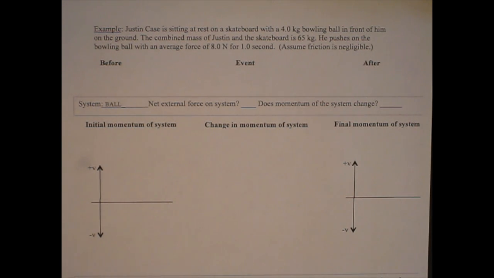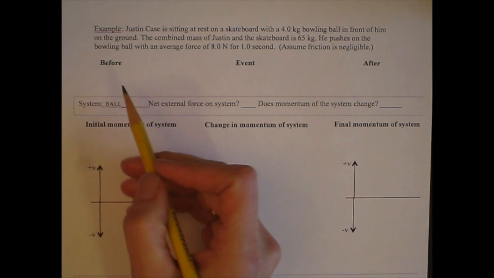Example: Justin Case is sitting at rest on a skateboard with a 4-kilogram bowling ball in front of him on the ground. The combined mass of Justin and the skateboard is 65 kilograms. He pushes on the bowling ball with an average force of 8 newtons for 1 second. Assume friction is negligible. So we're going to draw a momentum diagram